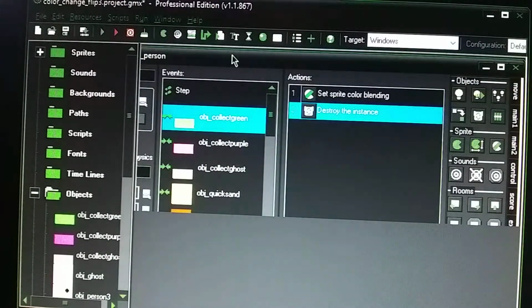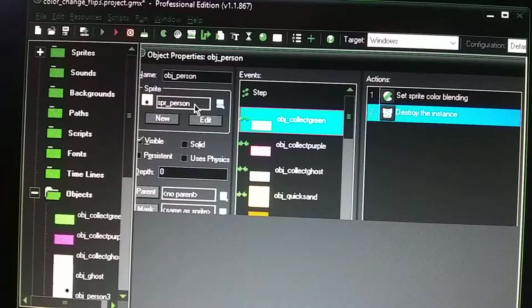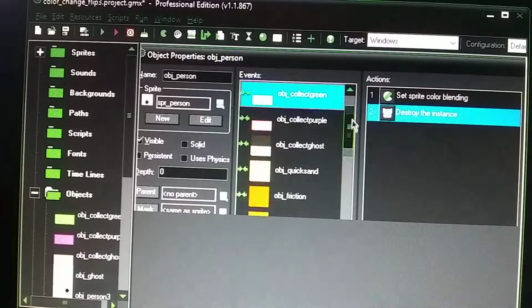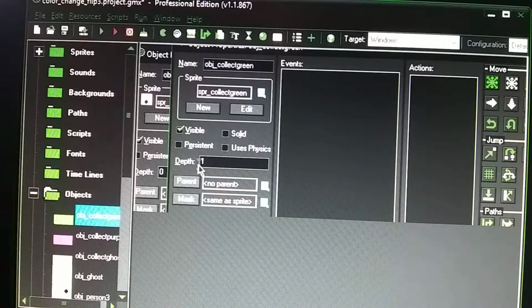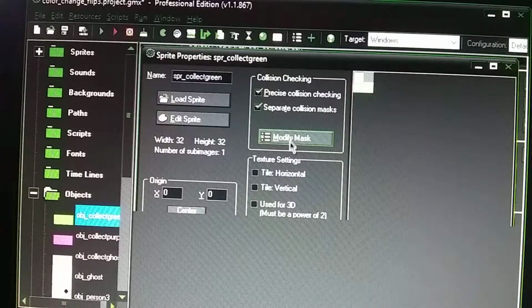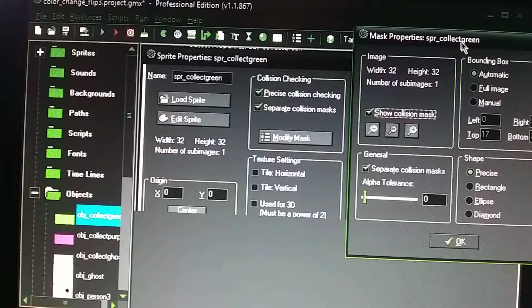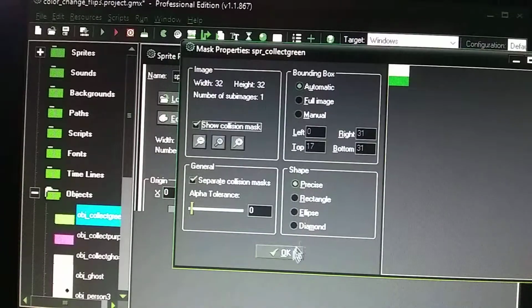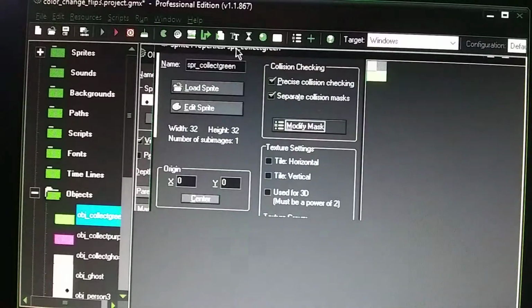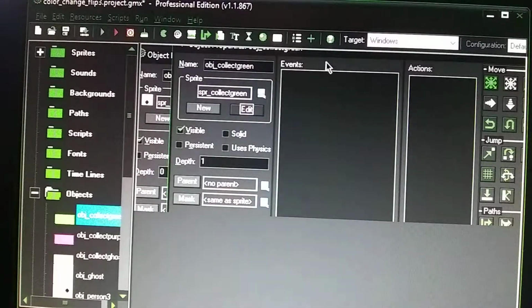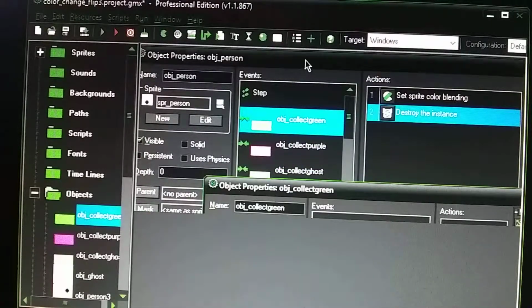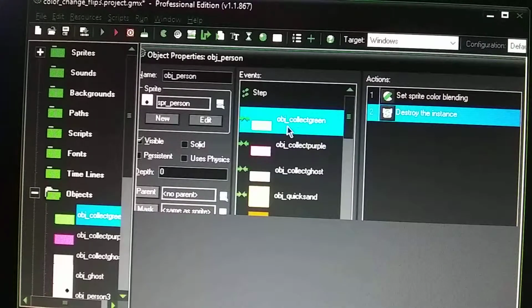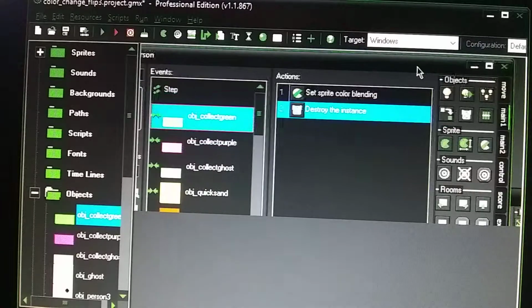So with the object person, when you do a collision with the box, the depth is 1, and it's just a square box here. Masking is just going to be on precise here. When you do a collision with the box, then you're going to